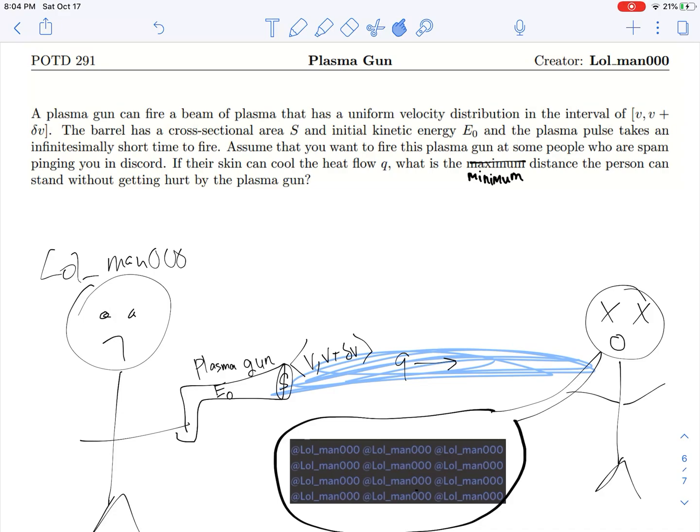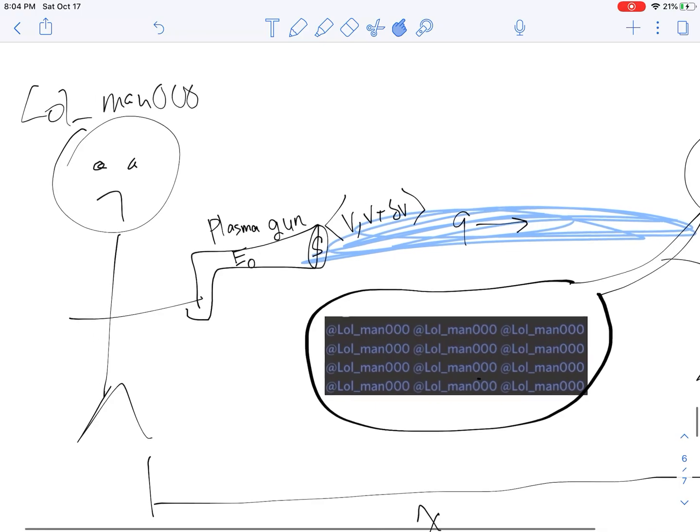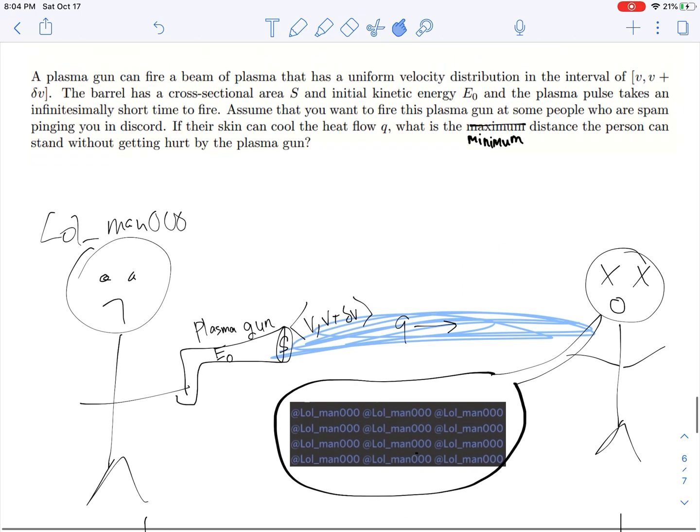So we're assuming that we want to fire this plasma gun at some people who are spam pinging you in Discord, just like this guy who is spam pinging me multiple times, and we want to fire this gun, which the particles that are traveling at the person carry a heat flow of Q, and the skin can cool off this heat flow, and we want to know the minimum distance the person can stand without getting hurt by the plasma gun. So basically, the point of time where the skin is able to cool off the plasma, the heat flowing into the plasma enough so that there's going to be equilibrium,